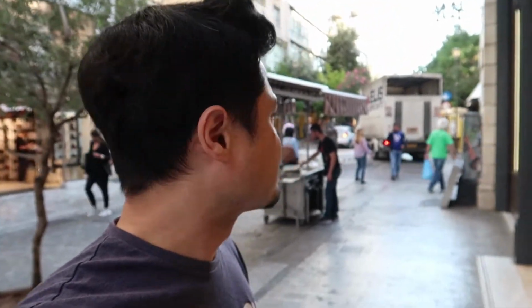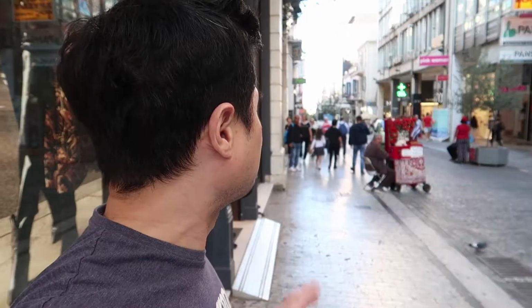Okay, the first stop is this street. This is called Ermou Street. It's a very popular street here in Athens. They have shops and restaurants all across the sides. So here, let's show you this. Here you go. If you go down the street, there's a whole bunch of shops. But we're gonna head that way though,